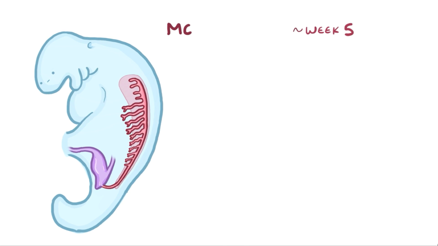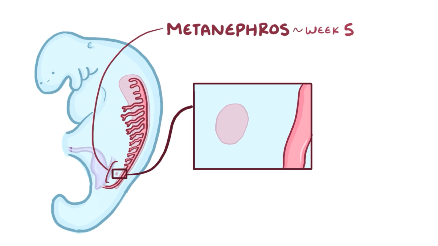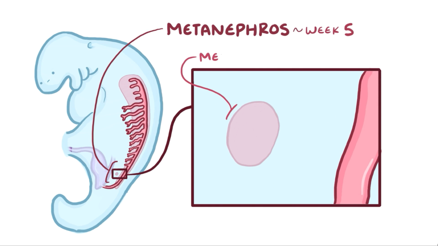Around week 5, the metanephros develops, and this forms the permanent kidneys. So for a couple of weeks, the metanephros and the mesonephros coexist. The metanephros forms in the pelvic region. First, intermediate mesoderm near the mesonephric duct differentiates into the metanephric mesoderm, which is sometimes called the metanephric blastema. The metanephric mesoderm produces growth factors that travel to the mesonephric duct, and in response it sprouts a small bud